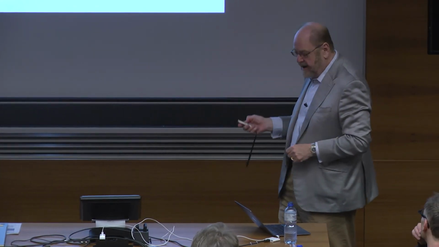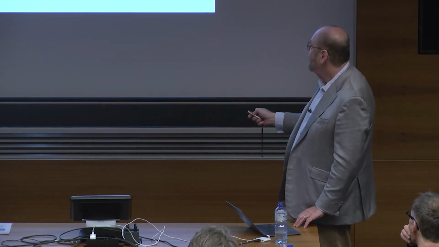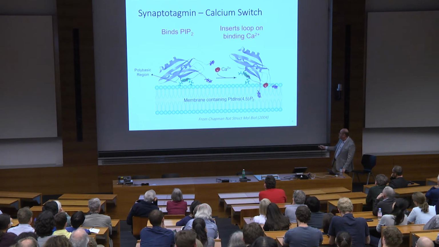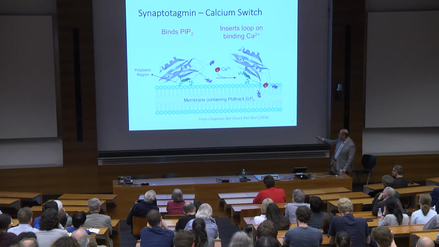So now, there's another thing that synaptotagmin does, which is very, very important, which is to say it changes its orientation on the membrane when it binds the calcium. So this shows the B domain only, and this shows the polybasic region of the B domain bound to PIP2 on the plasma membrane. This would, of course, be anchored in a synaptic vesicle. I hope I'm being clear. Shown here are where the calciums will bind. This is a loop that contains the aspartic acids. These are aliphatic residues that flank the loop.